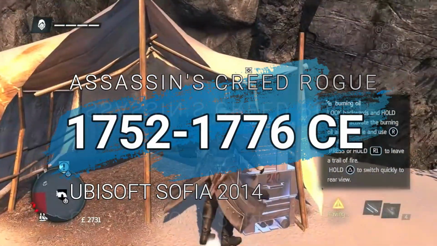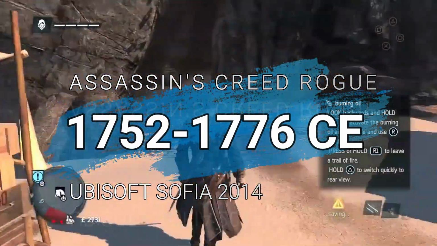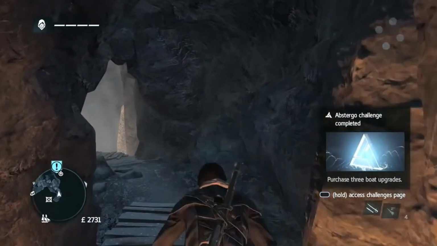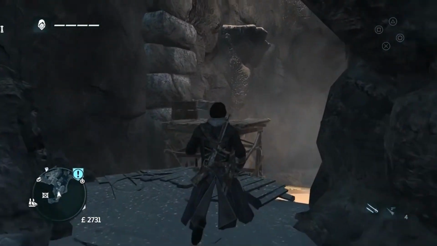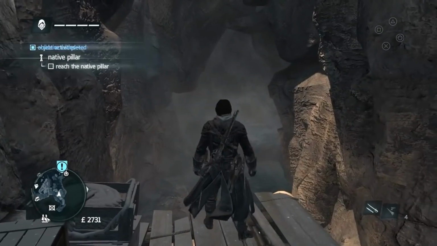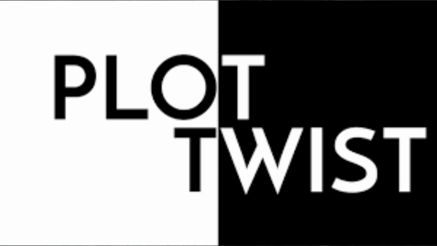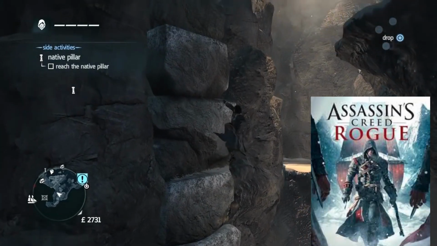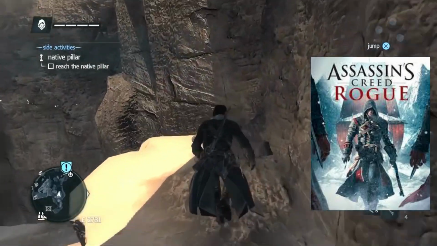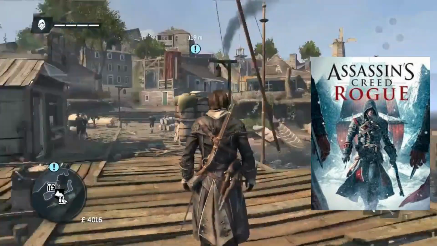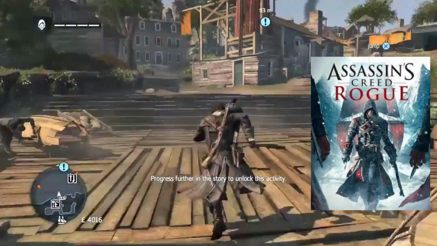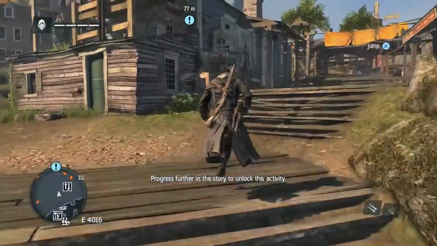Assassin's Creed Rogue, 1752 to 1776. Now, Rogue advances the timeline to 1752 and shifts its location to North America. This is a significant alteration in the narrative from the perspective of the player, who assumes the role of a Templar rather than a traditional assassin. Shay Patrick Cormac experiences growing cynicism for the Assassin's Creed Brotherhood around 1754 and subsequently aligns himself with the Templars by 1756. All this culminates in a dramatic conclusion by 1776.